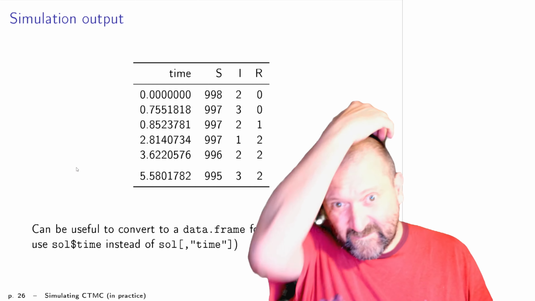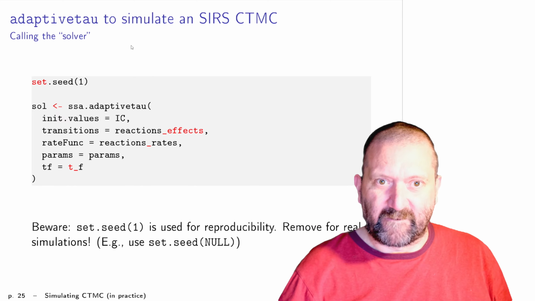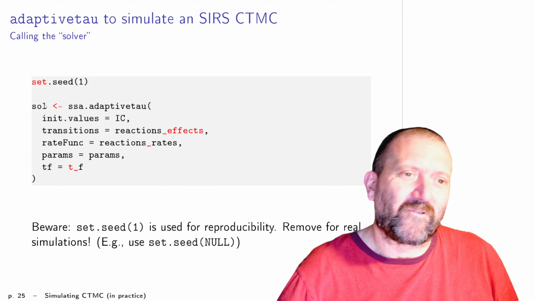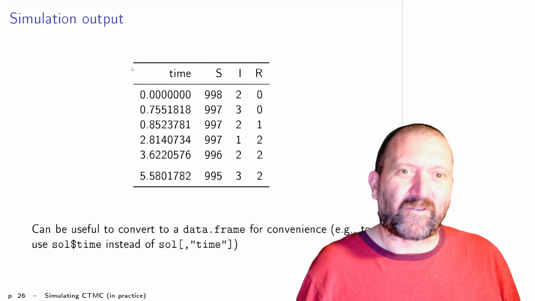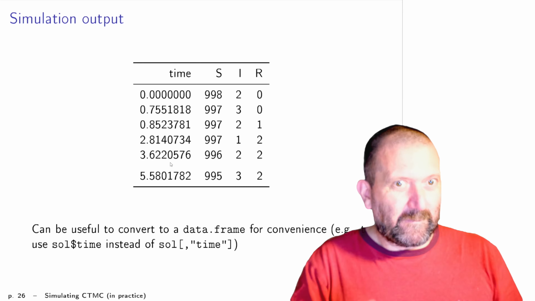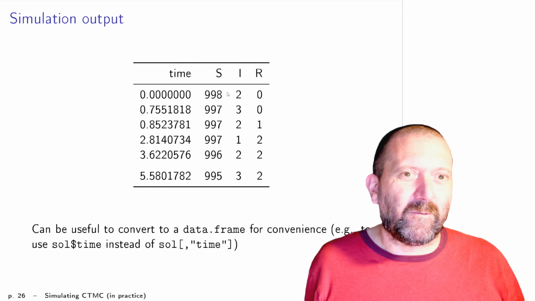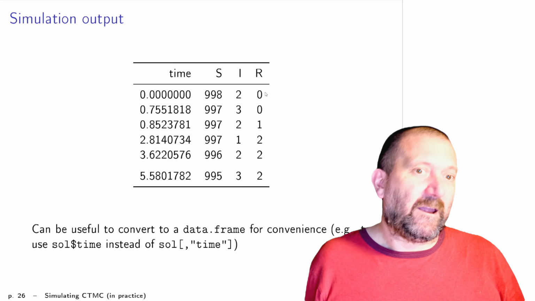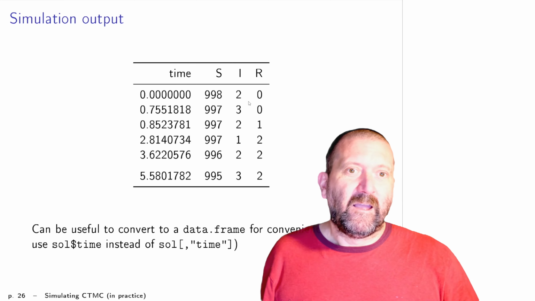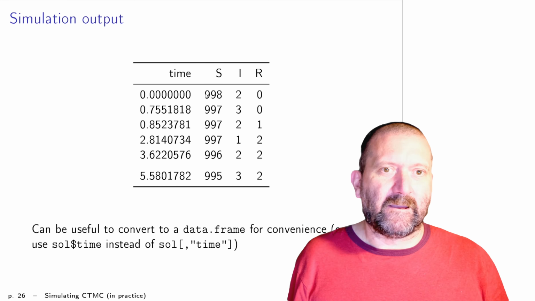So when you do that, the type of output that you get is, you see I've saved it in sol for solution. My solution looks something like so. It's got a column for time, which is the time at which the different events are taking place. It's got a column for S, I, and R, so states of the system. And so this is my initial condition. Remember, I put 2 infectious in I and